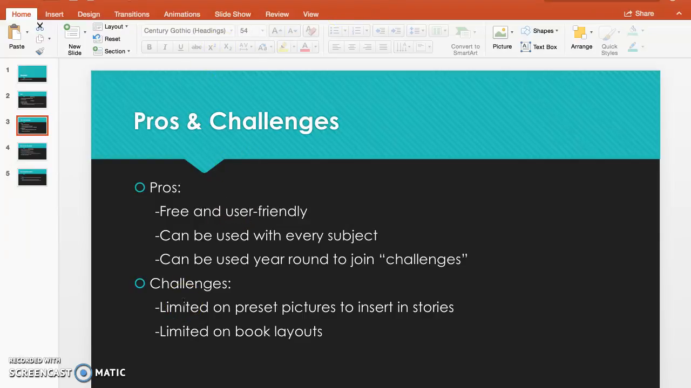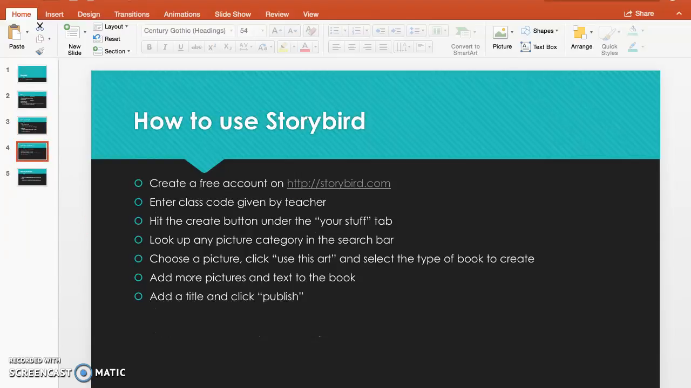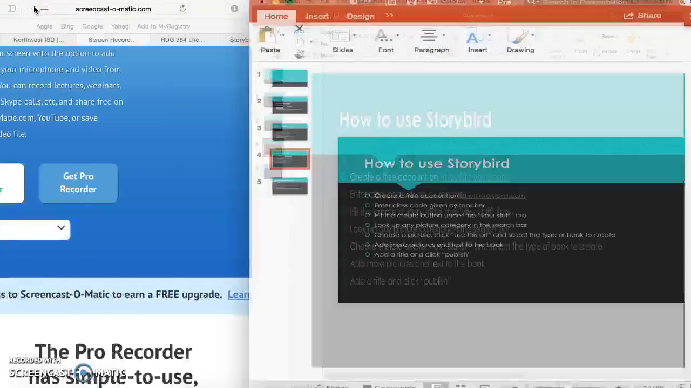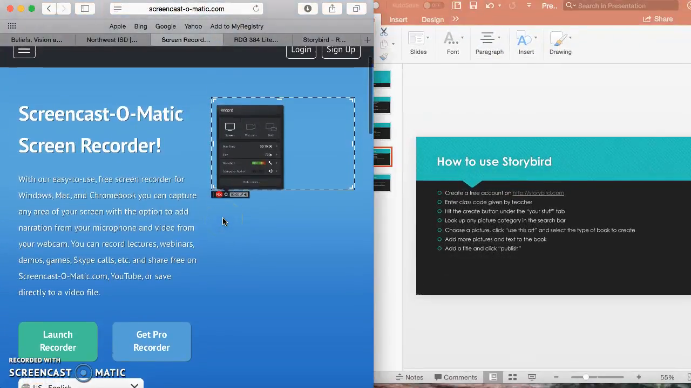The challenges of this app are that it's limited on preset pictures to insert into your stories, and it's limited on the book layouts. So when creating a Storybird, first you're going to